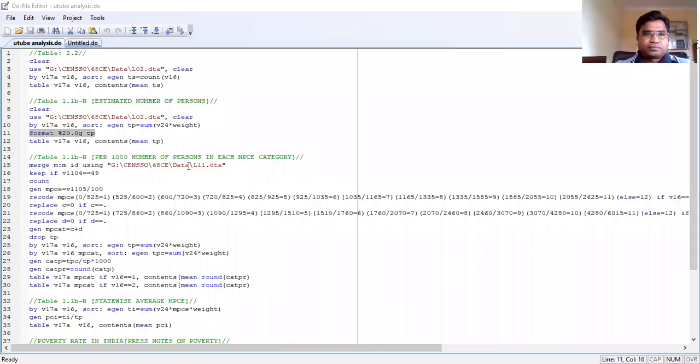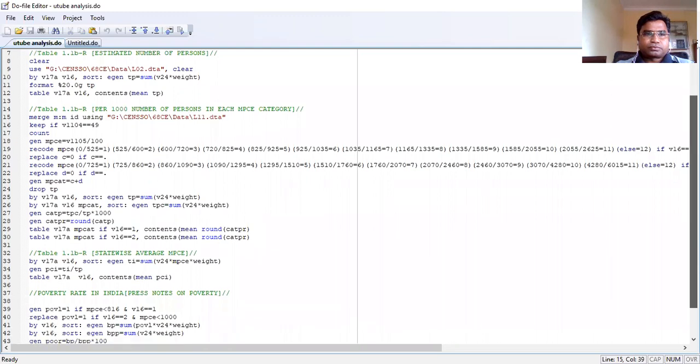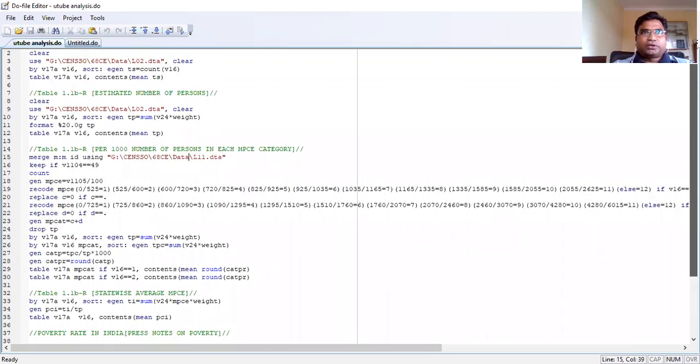Let me just share with you my do file which I have already written here. Now see, in the first place, you need one variable which is your MPCE, monthly per capita expenditure.